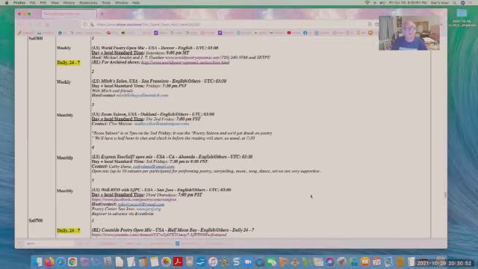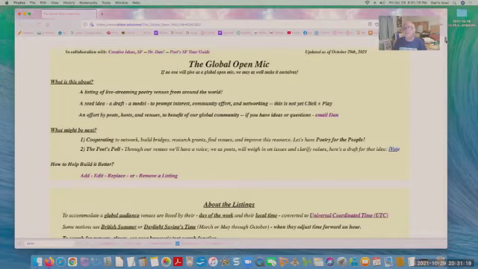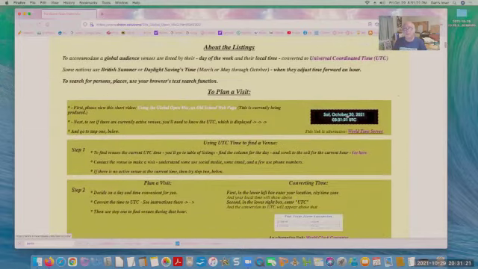Okay, back to this. The basic point of the Global Open Mic is to help you contact venues and know when those venues are happening. Some venues have special links to places where archives can be viewed. So if you want to have poetry right now, you could. Okay, I'm going back up to the top, because sometimes you'll say, well, I don't want poetry right now, but maybe Thursday at 6 o'clock or Thursday at 8 o'clock. And so you want to plan a visit.